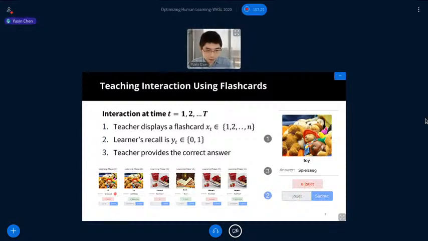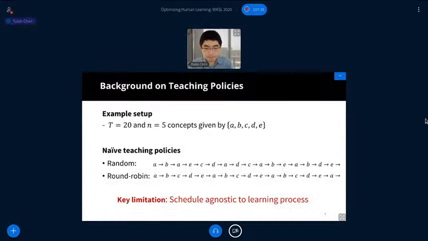In the figure down below, we're showing one illustration of the system we use in our user study. The algorithm proceeds in rounds. At every round, we have these 3 atomic interactions between the teacher and the learner. I'll come back to the teaching application later towards the end of the talk, but let's first take a deeper look into the existing work and the background for this field overall.